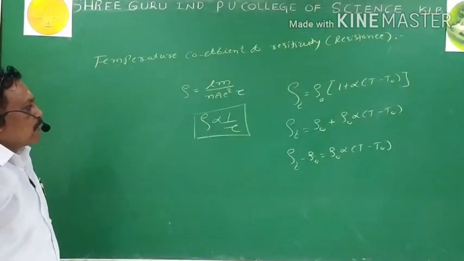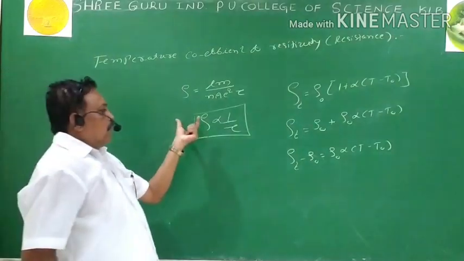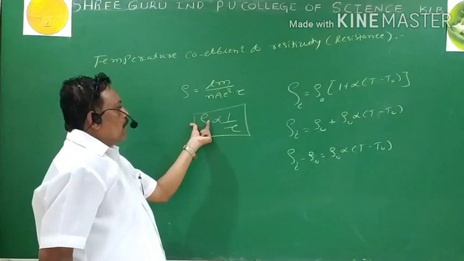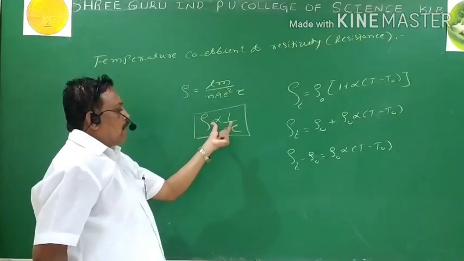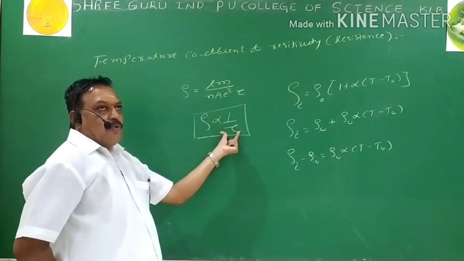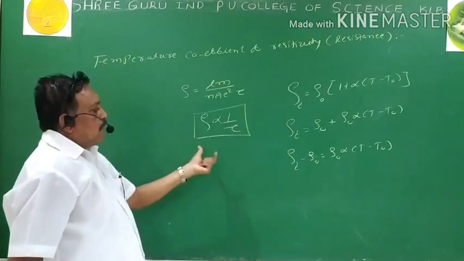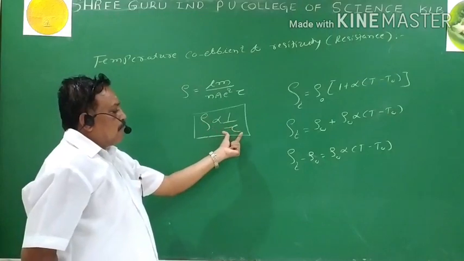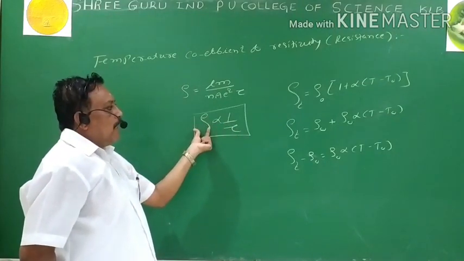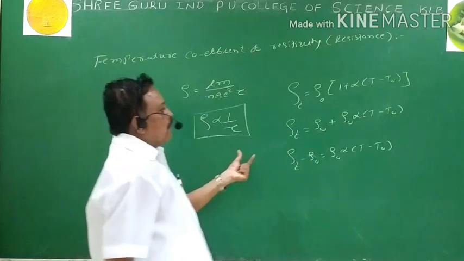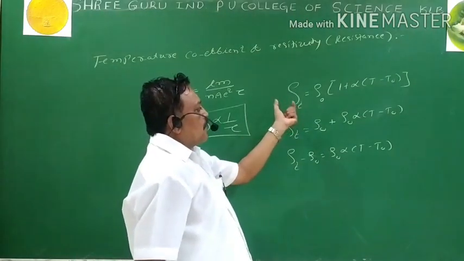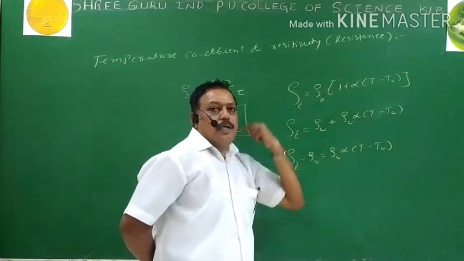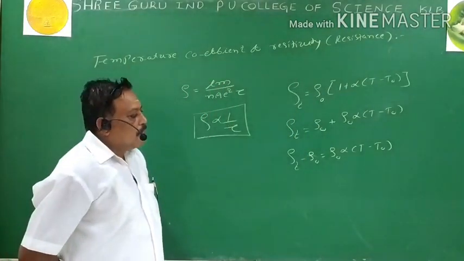So I started the equation with the variation of the resistivity with the temperature. How the resistivity changes with temperature, we come to know from the explanation. There is a decrease in the relaxation time due to the frequent collision between the electrons and ions inside the conductor. As the relaxation time decreases, resistivity increases. For a small change in temperature, the resistivity of the conductor is given by the equation rho suffix T equals rho naught into 1 plus alpha into T minus T naught.